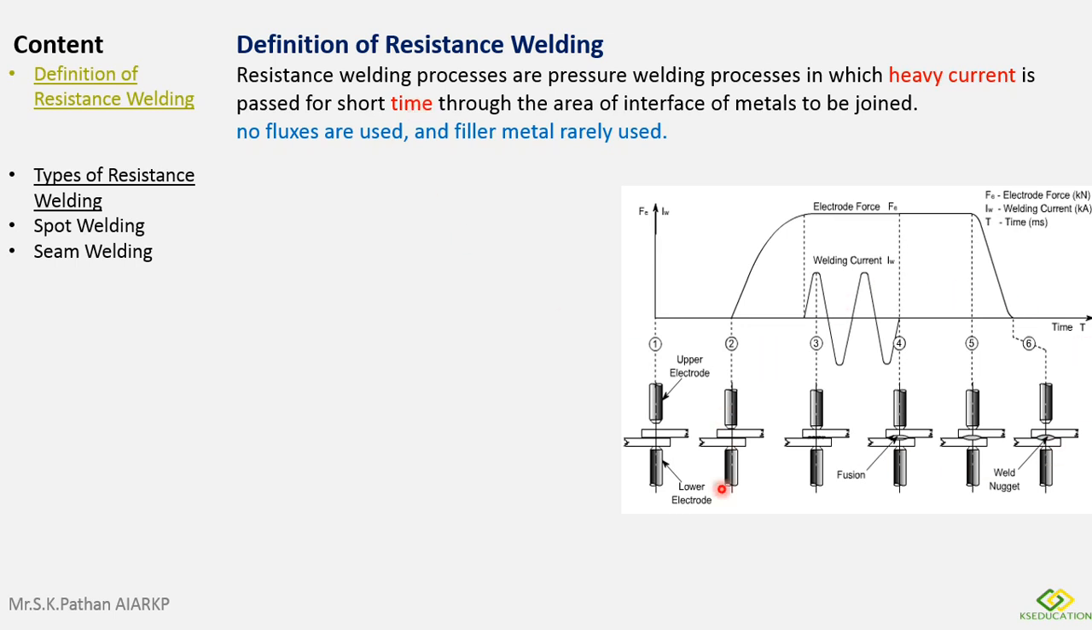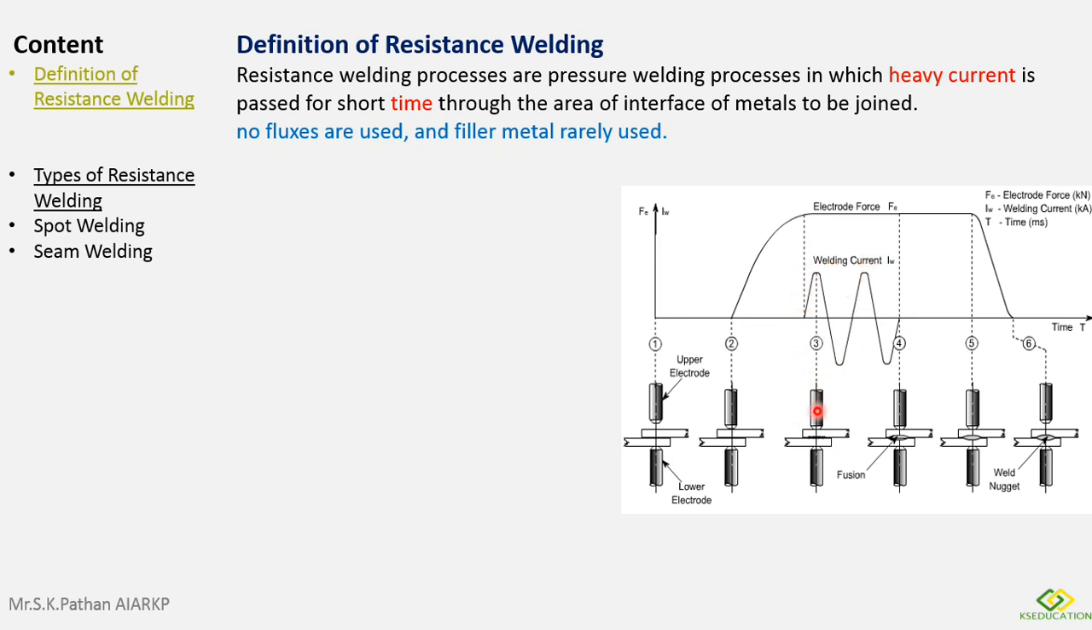Consider a case where this is the force and time. On these there are two electrodes, an upper electrode and a lower electrode, and in between them two plates are placed which need to be joined. In the second case, we apply pressure on the upper electrode and the two plates are under pressure. In the third case, a current is passed. This is a current cycle, called the welding current,